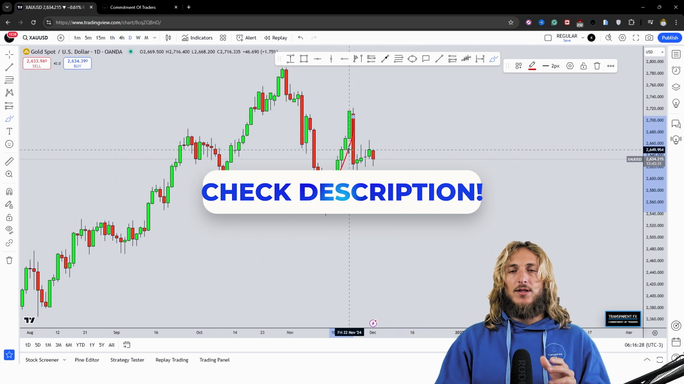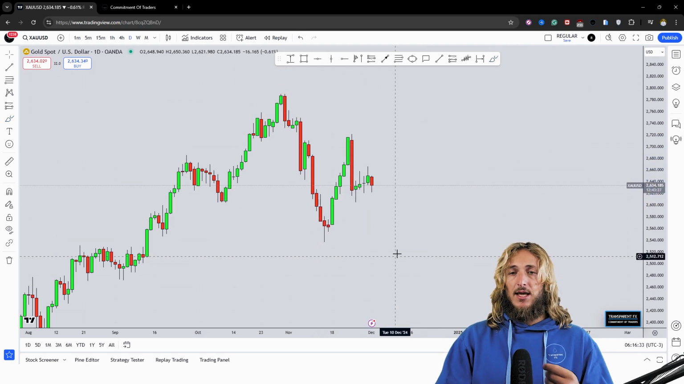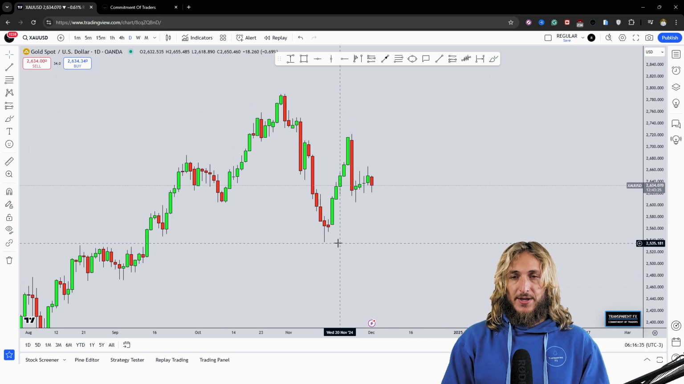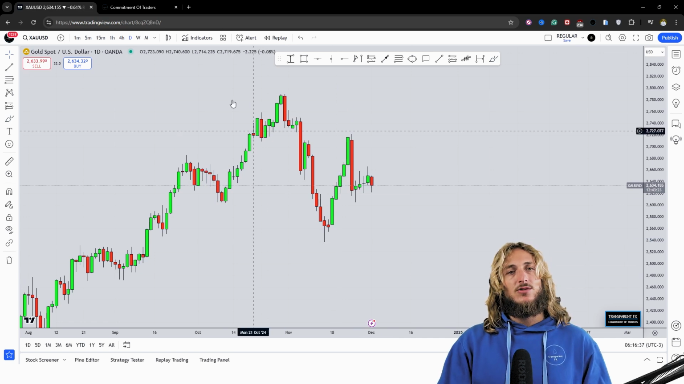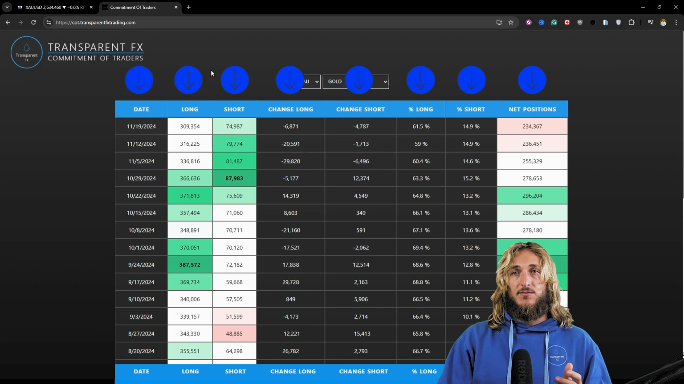However, at the moment, what do we have? Now, before we dig into more details into what we have here from a technical perspective on the daily, first, let's go and see what we have when it comes to the commitment of traders. So what the big players in the market are doing